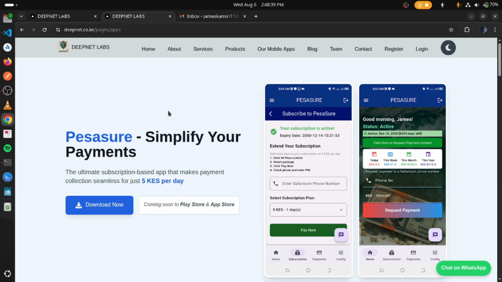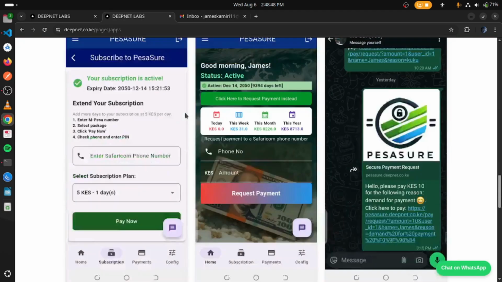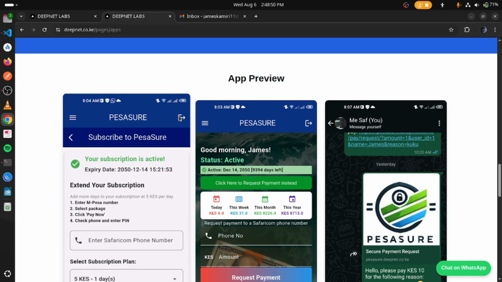Basically, I'll be taking you through this particular app which I've created using Flutter. The aim of this app is that you can add your M-Pesa credentials, and once you do that, you will be able to send an STK push. Whenever the client confirms by entering their PIN, they'll be able to pay you to